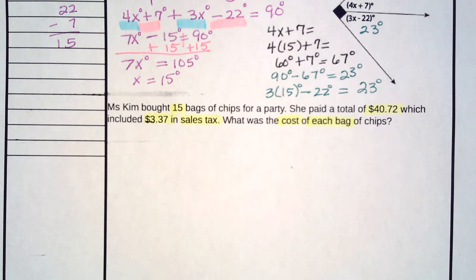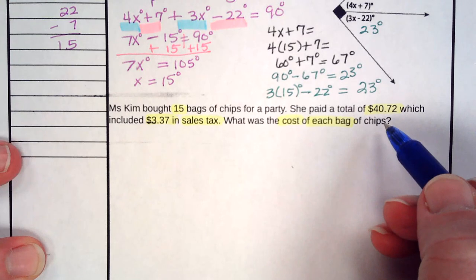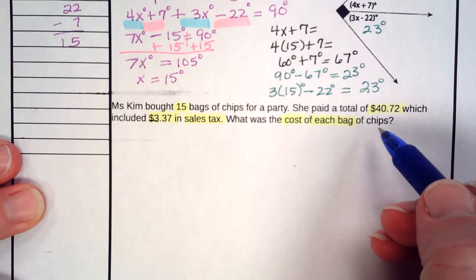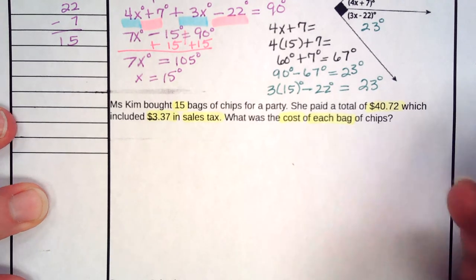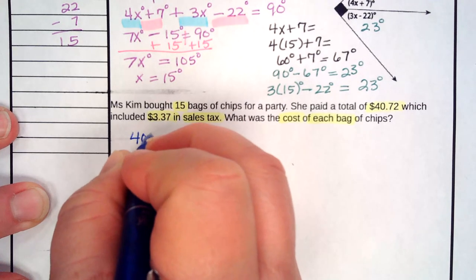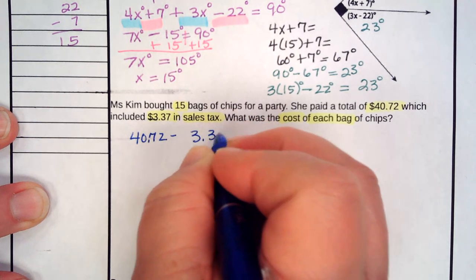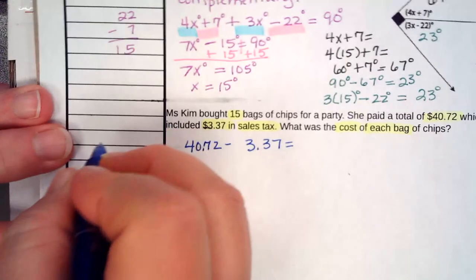How do we start? Well, the first thing we need to do is get rid of the sales tax, because the sales tax would not be part of the cost of the chips. $40.72 minus $3.37 equals